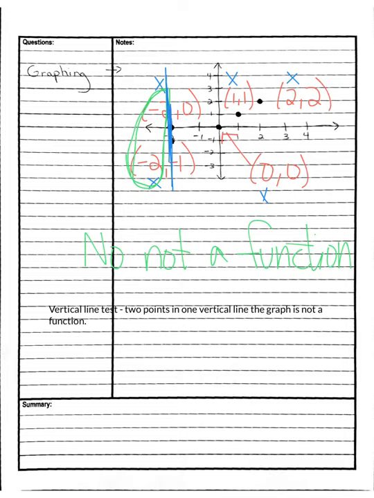So we talked about functions and how we can determine a function from a graph. We can use the vertical line test. How we can determine